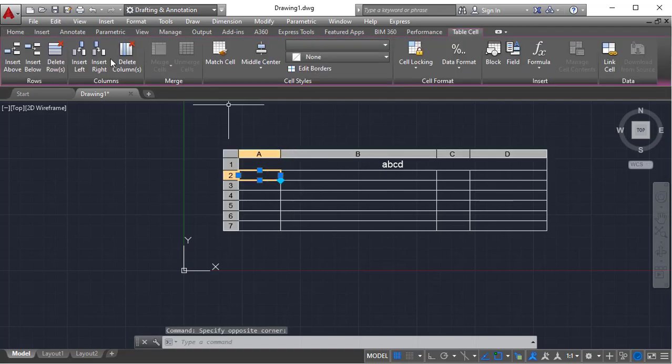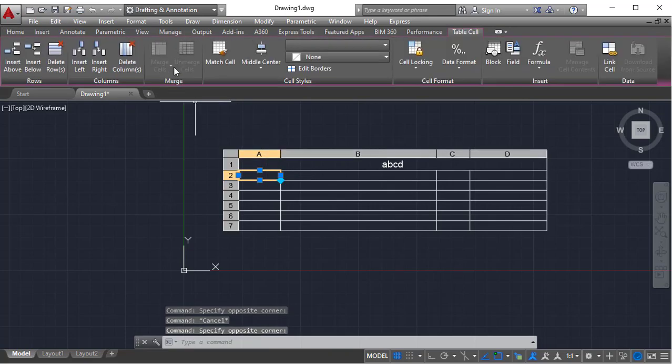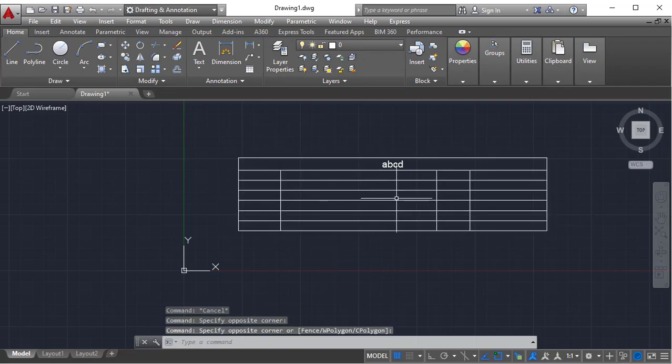If you single click on one cell, you will get some cell options like insert above, insert below, delete, insert left or right. These are row options, these are column options, merge options. Whatever options you get in MS Excel, the same options you get over here. Everything is the same. Some options are not working. Why? Because only a single cell is selected. If you want to select multiple cells, hold the mouse click and drag.